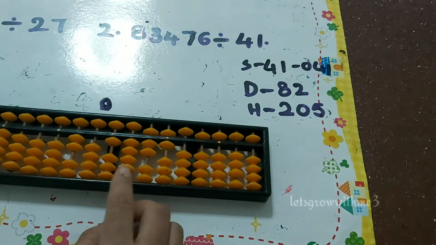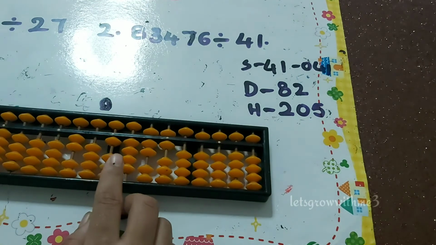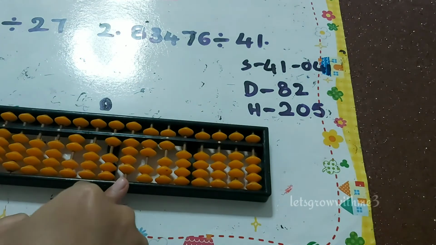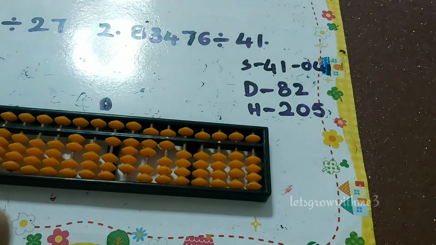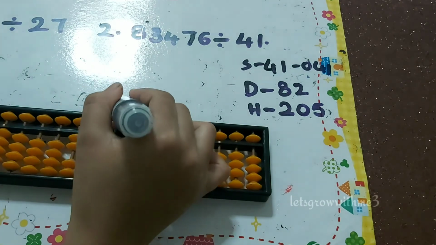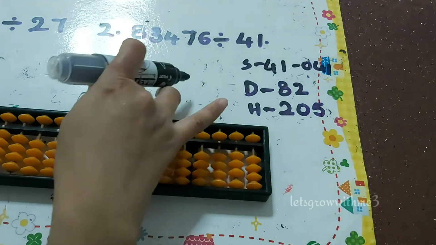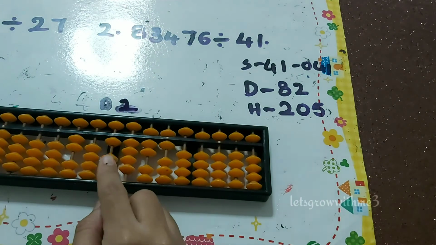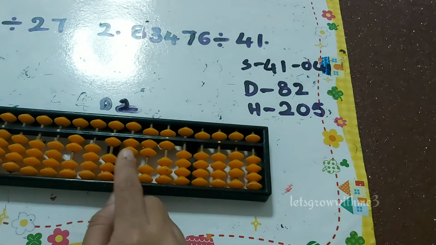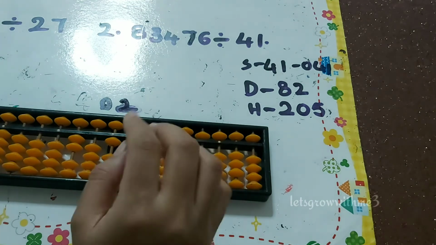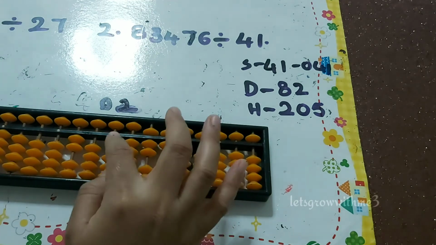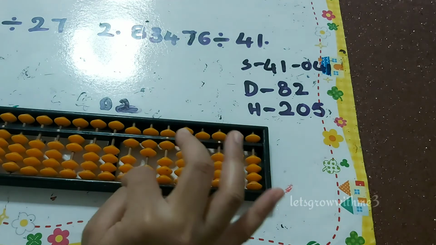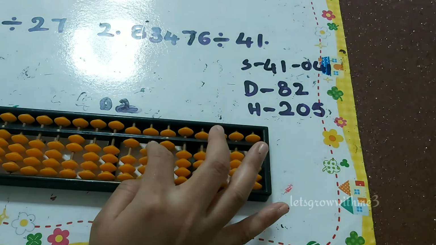Okay, so next dividend is 147. So how many times? 2 times. So here I need to put 2. This value is 0. Here I need to put 2. Okay, so 2, and I have to remove from this value 147 minus 82. So how to remove 8 here? Papa down, mama down, babies down, 8. So minus 2. Then the remainder is